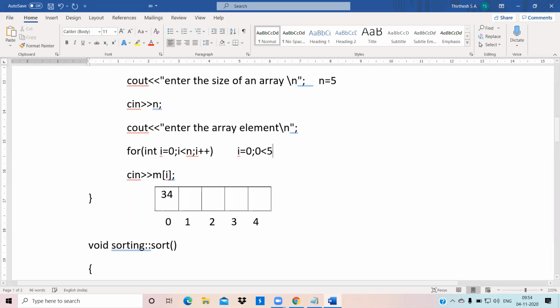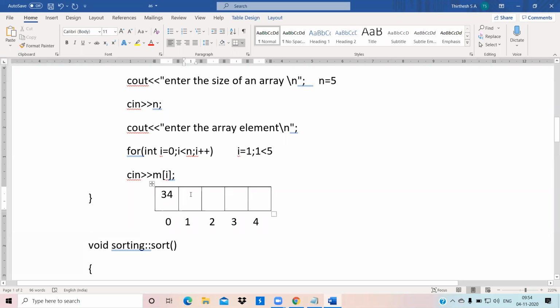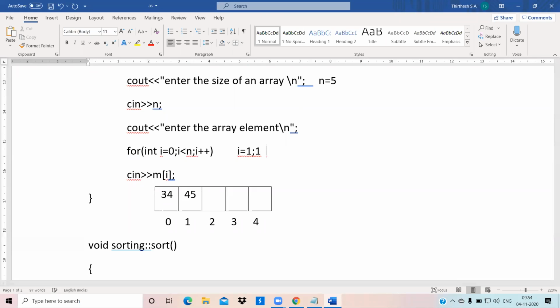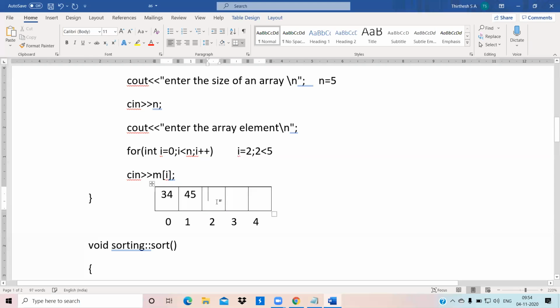Previously i was 0, now i becomes 1. 1 less than 5, it will satisfy. Then it will enter the value 45. Now i gets incremented, previously 1, now 2. 2 less than 5, again it satisfies. It will enter the number 56.